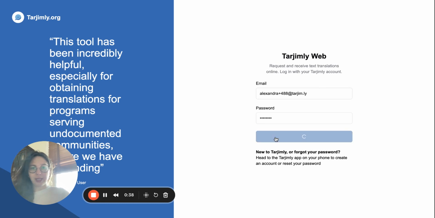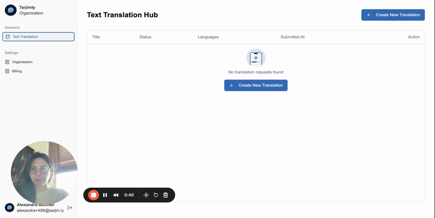So very quickly, I am going to log in. Up here, I have the text translation, which isn't the focus of today. We're going to be looking at the premium and the billing. So firstly,